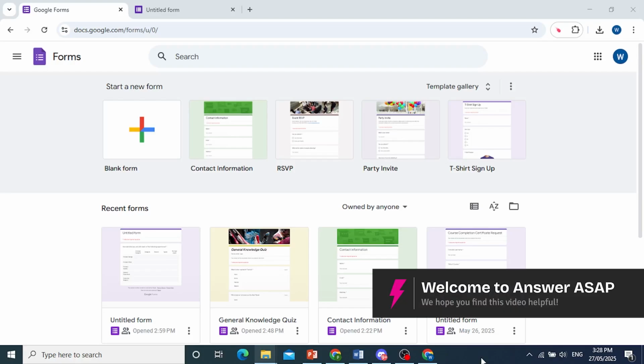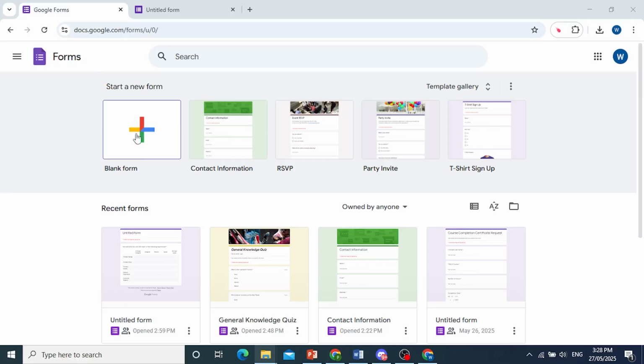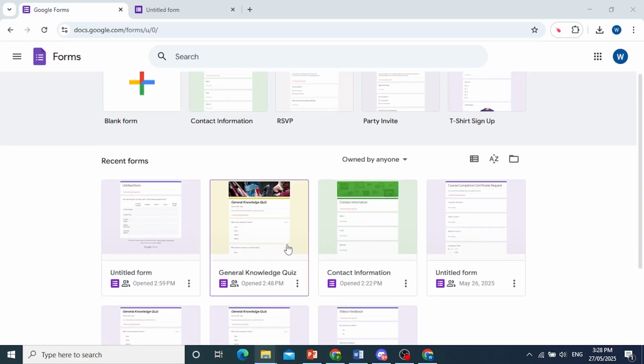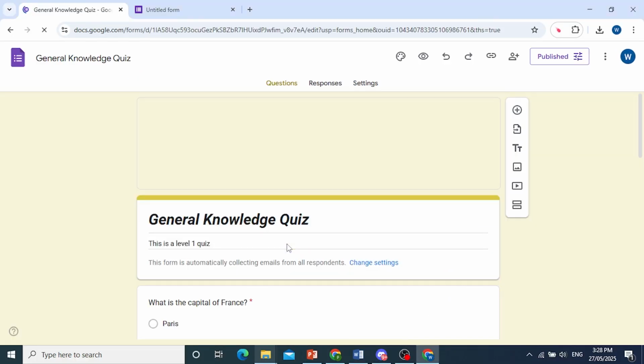Hey guys, in this video I'll show you how to create sections in Google Forms. Now here we have Google Forms. I'll just go ahead and open up this form, for example, and we'll go ahead and add a section to